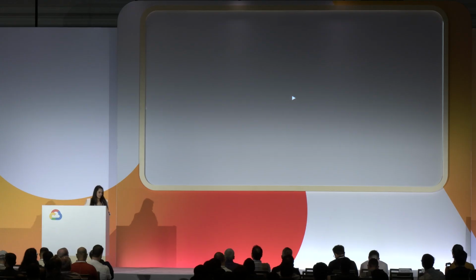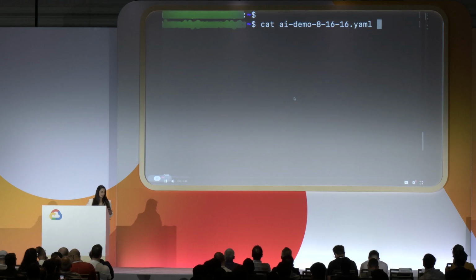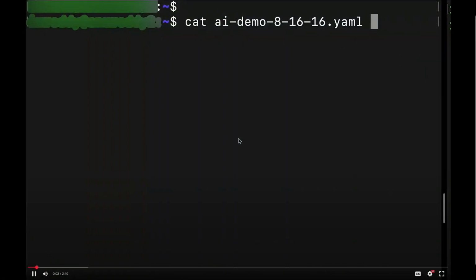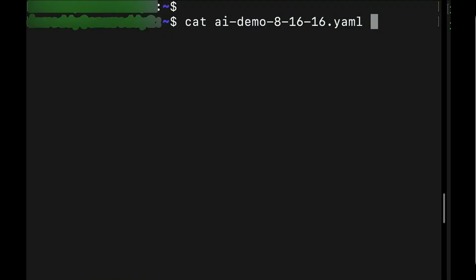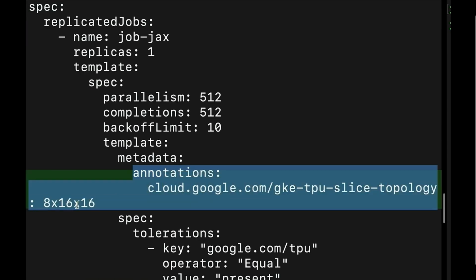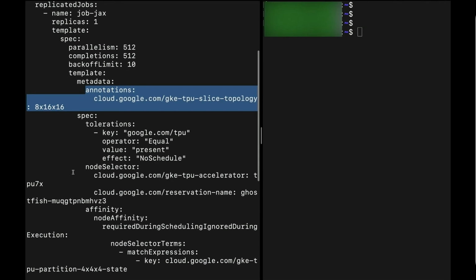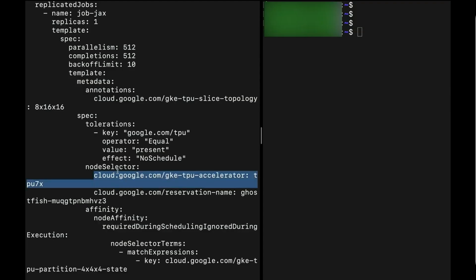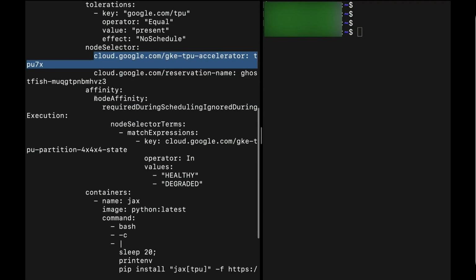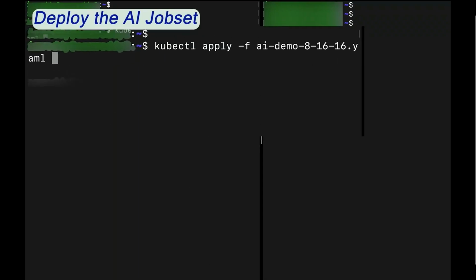Let's go for it. You might have to forgive me for big fonts here, but awesome. I have a workload here. It has the annotations. Let's get into it. And here's the annotation, and I've picked a large slice. That's about 2048 TPU chips. I've just purposely picked this slice. Let's see how it fares. And this is all the annotation that you have to put. And then the rest of the annotations are very typical TPU annotations, like I want to pick Ironwood and things like that. So after you do this, let's get out of this and then go ahead and deploy the job